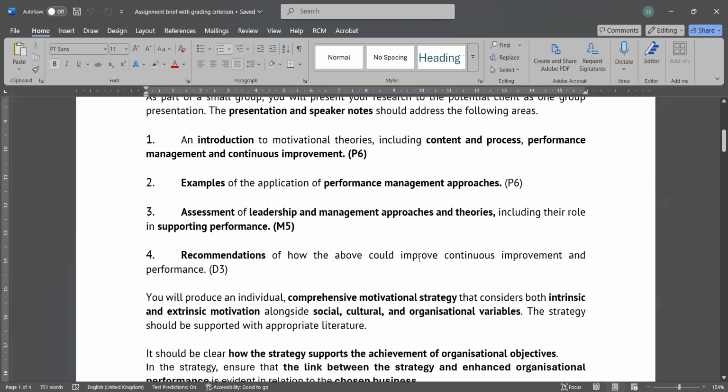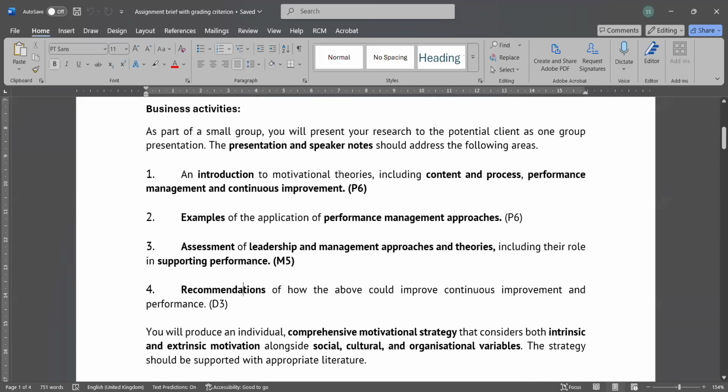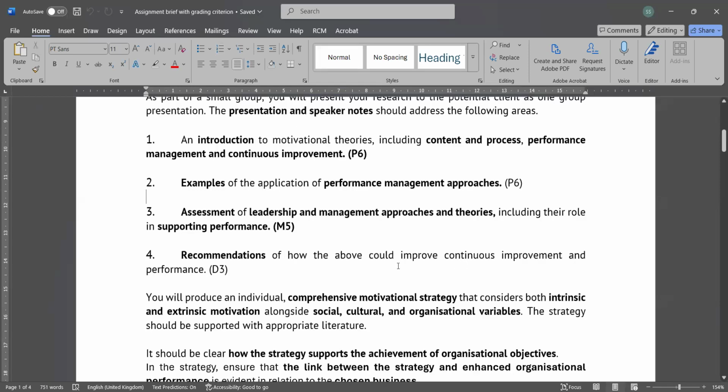Then a recommendation of how the above could improve continuous improvement and performance. At the end, you can give the recommendation based on your discussed management theories, content and process theories, and whatever examples you have used there. Based on your assessment, you are going to make a recommendation on how these can continuously improve your organization.